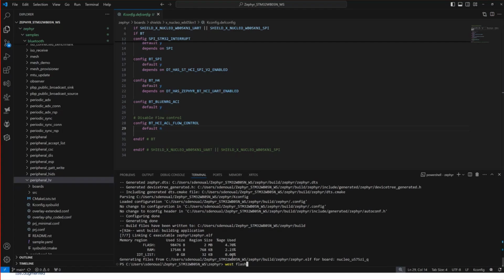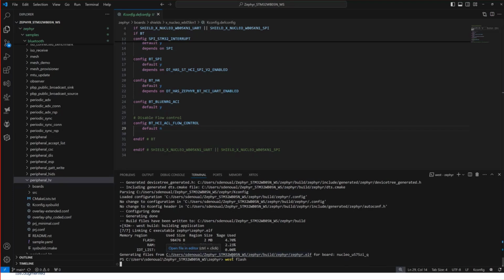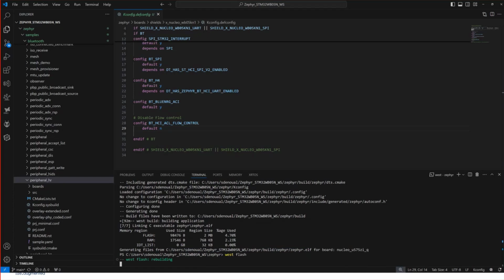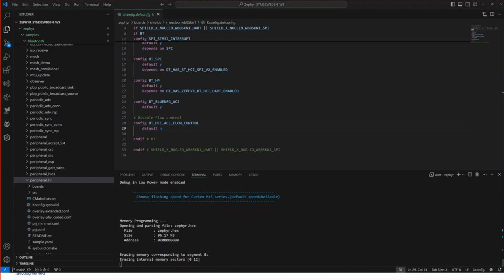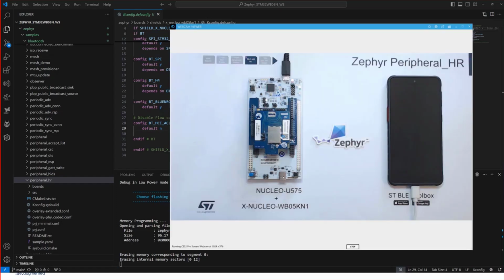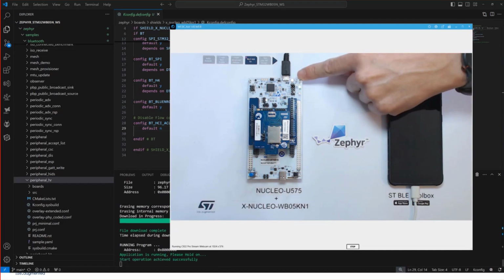We simply call the utility west flash. And here I will open my camera. Okay, flash is ongoing. One more time, I can see some activity indicating that the download is in progress.